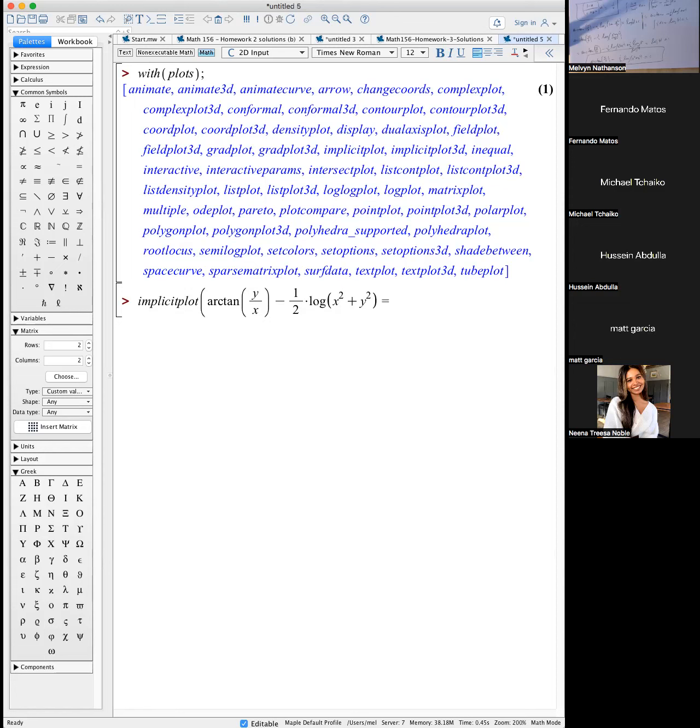Let's just say equals 1, see what happens. Let's say x goes from minus 10 to 10, and y goes from minus 10 to 10. We might adjust these, but